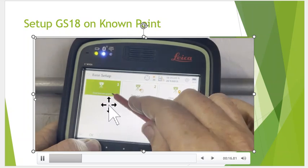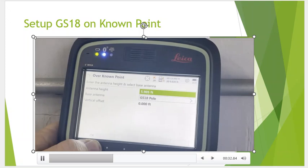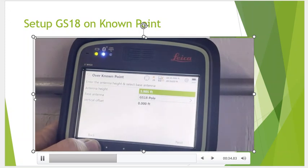We have different options here: over known point, over last point, over any point. Any point will grab a position plus or minus 10, 15 feet. In this case, we have known control points we set up. So it's a good idea to put a check shot nearby and with that known point. In this case, we're set up on